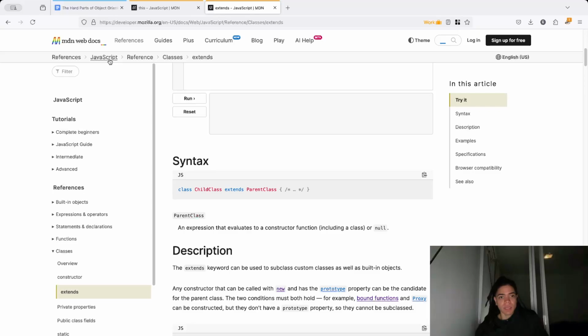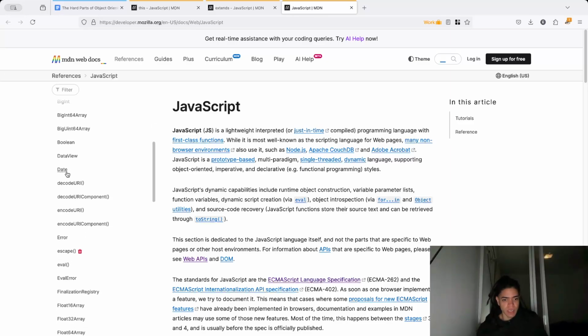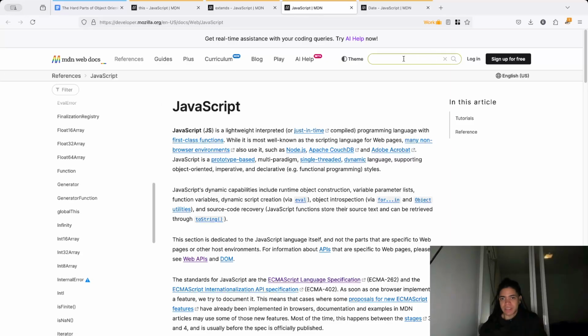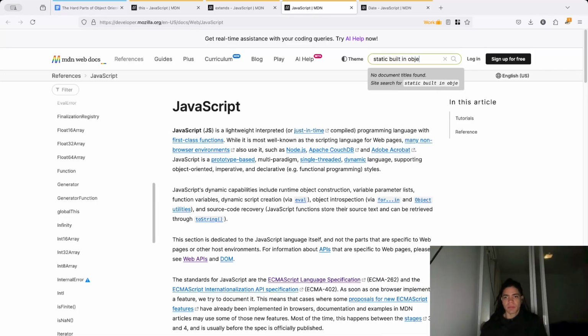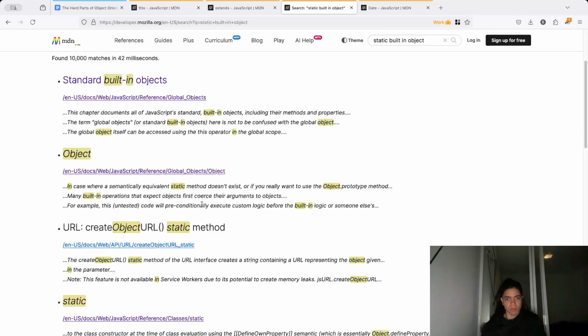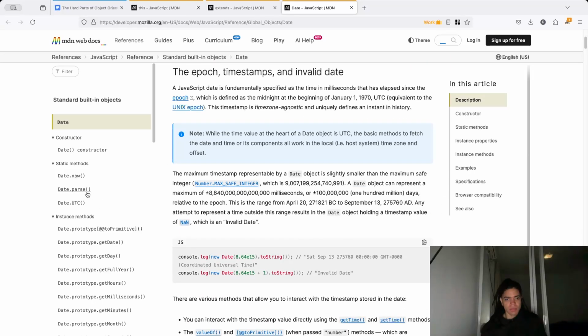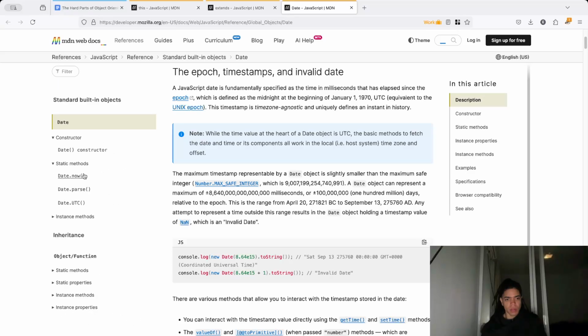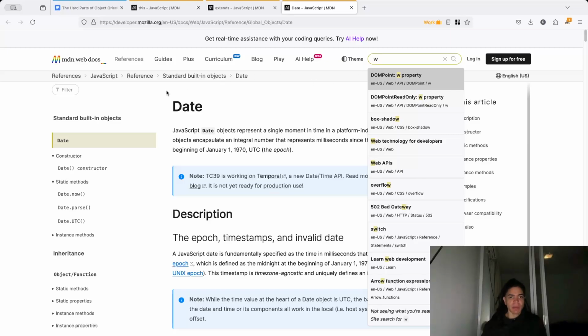Built-in objects here, usually it can be Date. I prefer to look at the standard built-in objects. But for example, we want to have access to the static methods, like Date.parse, UTC, right? In the case of Date, or another example is, hey, I want you to now extend from another JavaScript built-in object,